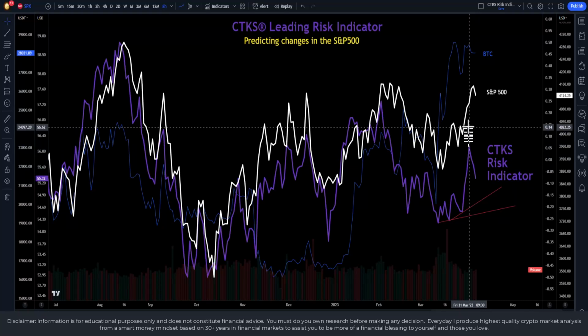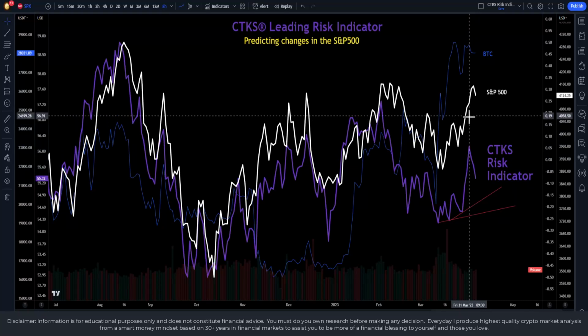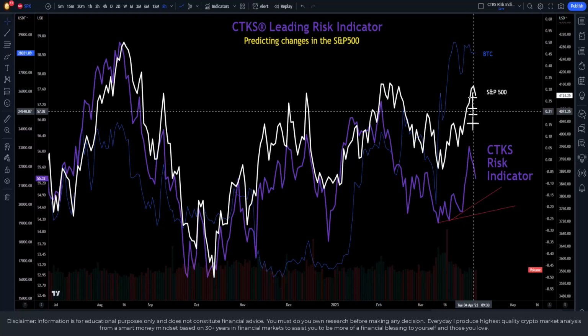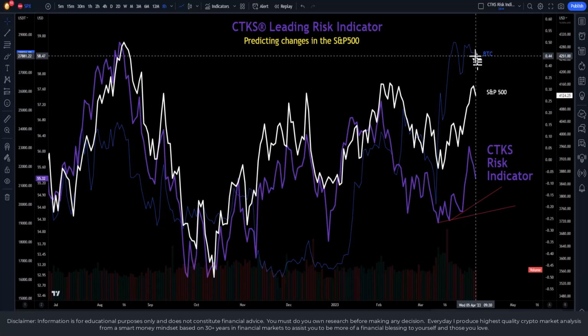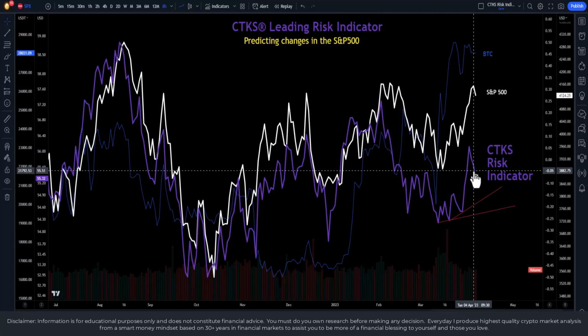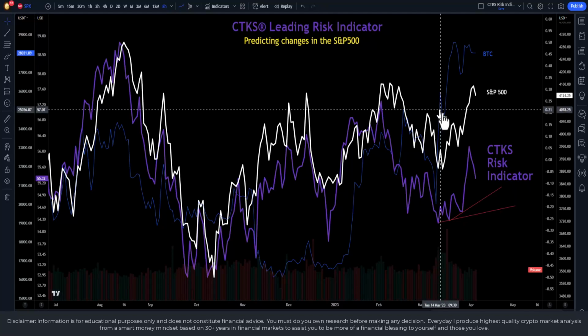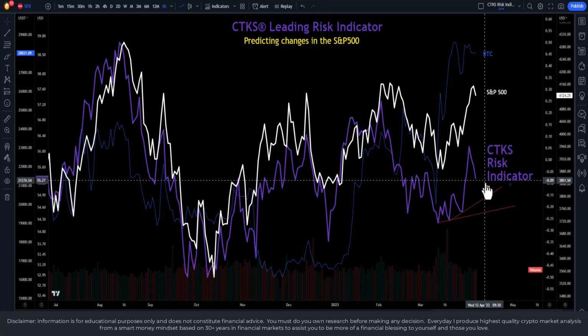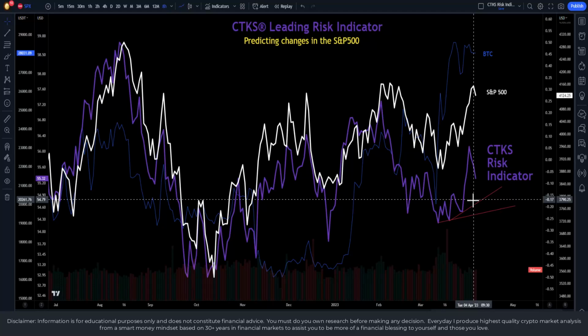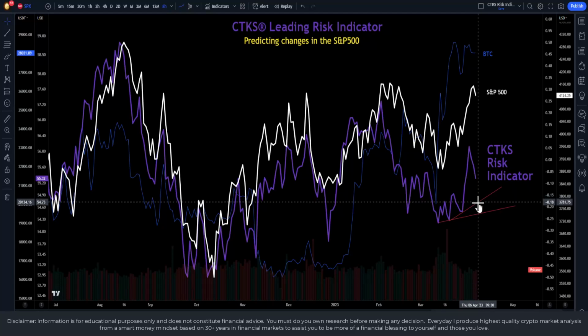And we saw as the risk indicator came down, the S&P 500 actually still continued up. And now we're seeing that being felt inside Bitcoin, and the S&P 500 has come down just a little bit. So far, the risk on and risk off behavior is within normal parameters. So this is not something to be overly concerned about, but you must have made up your mind in advance